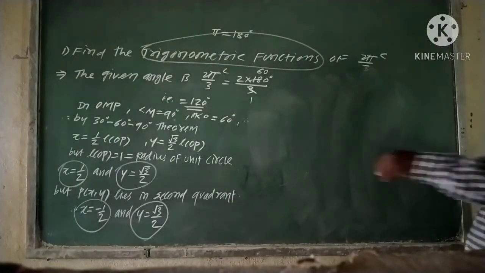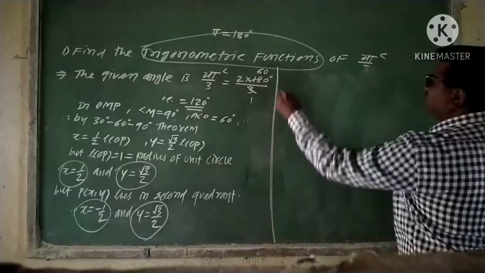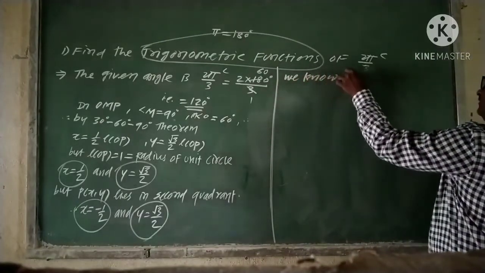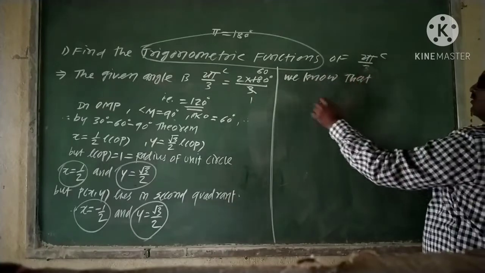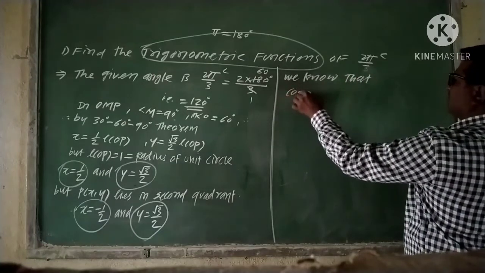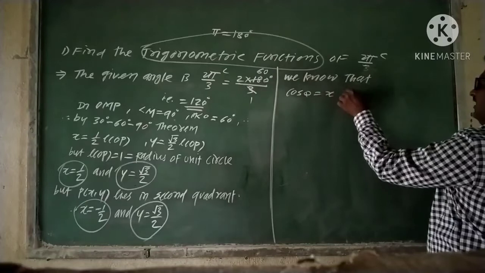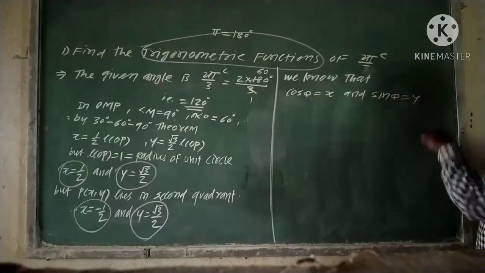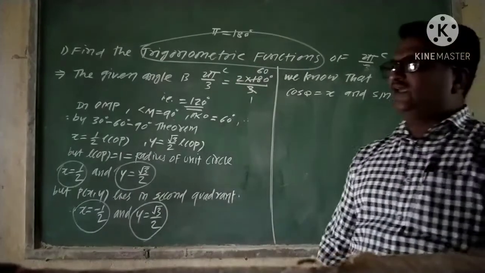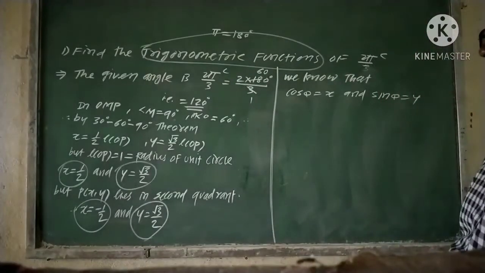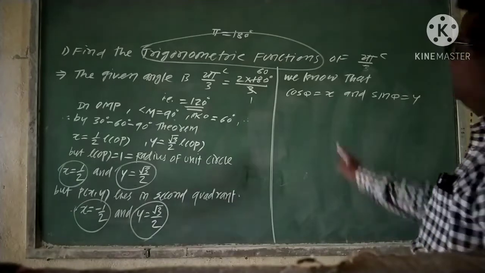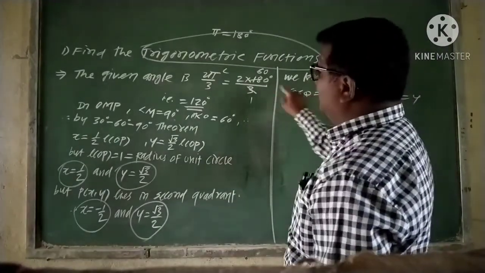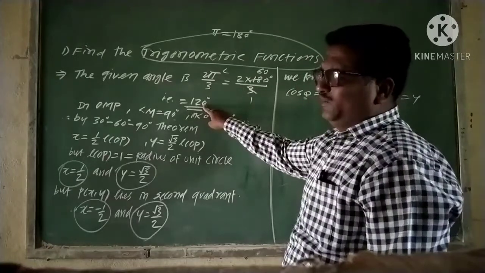So we know that cos of theta equal to x and sin of theta equal to y. Now here theta is the angle of measure 120 degrees,